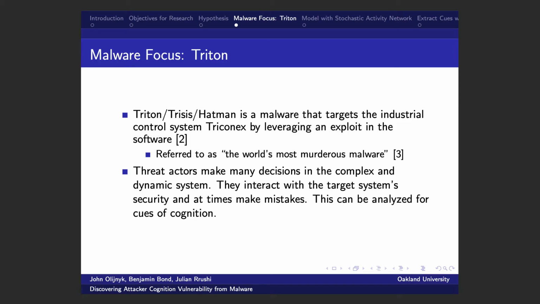facilities, so that if there's some sort of mechanical error or just the facility is put into a critical state, systems are in place to prevent it from going critical. But Triton is designed to deactivate these, putting human lives potentially in danger. So obviously this is a very complex and dynamic system that the threat actors have to navigate. So they make many decisions and they exhibit learning and problem solving as they navigate the system and try to find their way in. So this interaction with the system and the mistakes they make can be analyzed for cues